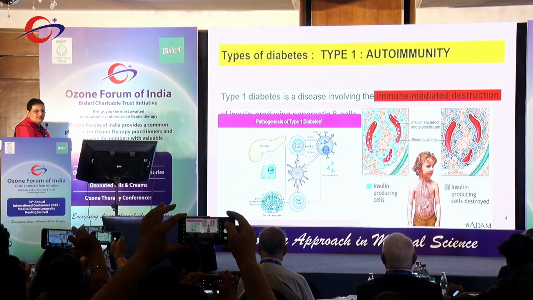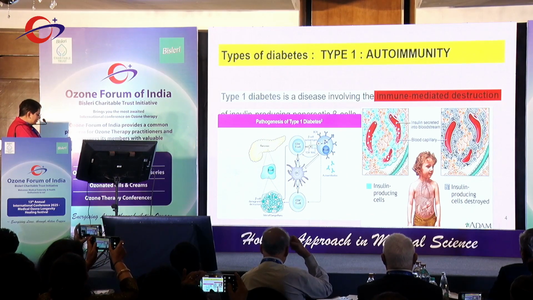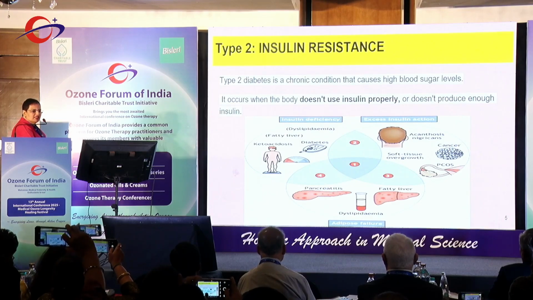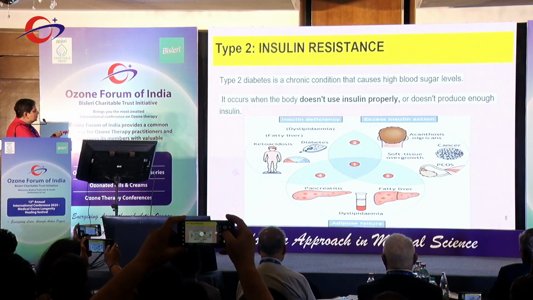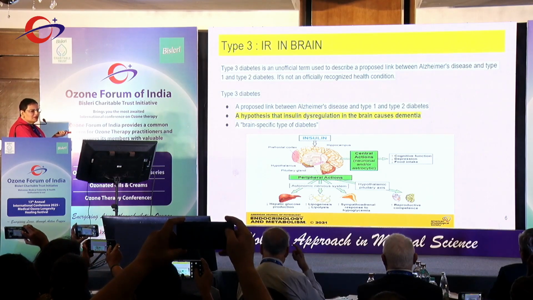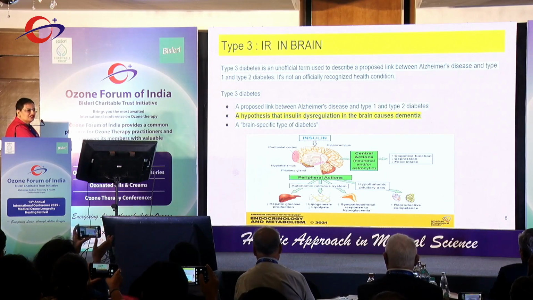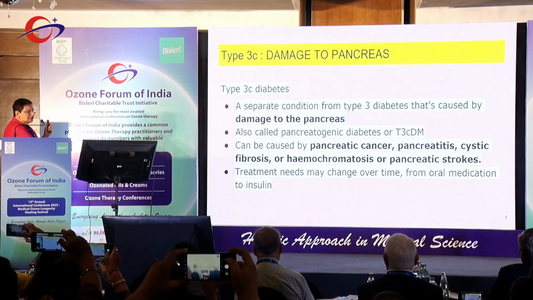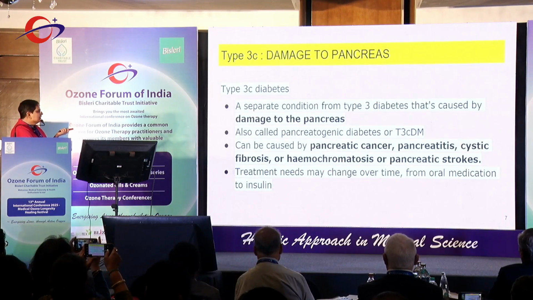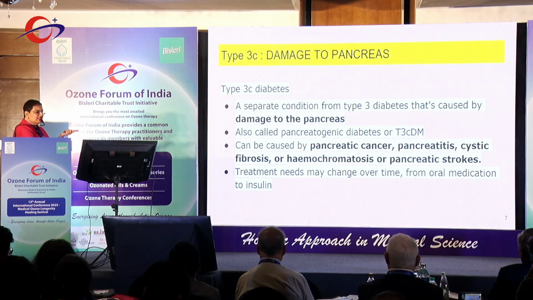So the types of diabetes that we have: type 1, which is autoimmunity. Type 2 basically falls back to insulin resistance. Type 3 is a type of diabetes in the brain where dementia sets in, also due to insulin resistance in the brain. Type 3C is damage to the pancreas. Any damage to the pancreas, be it pancreatic cancer, pancreatitis, cystic fibrosis, or strokes of the pancreatic artery